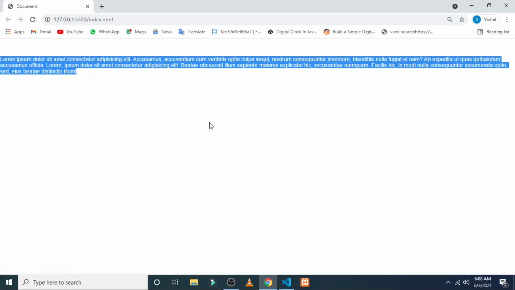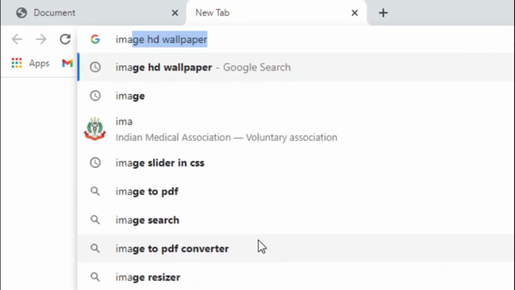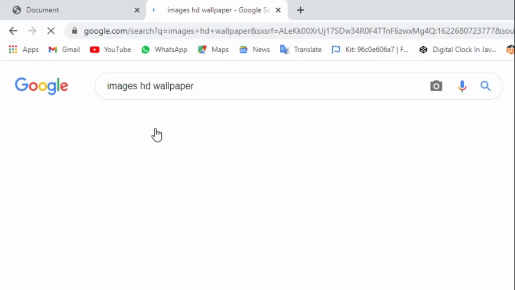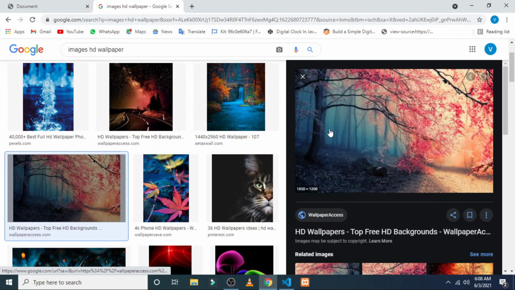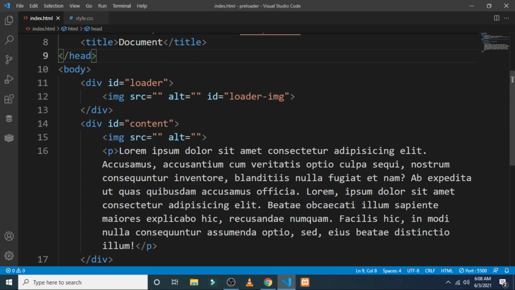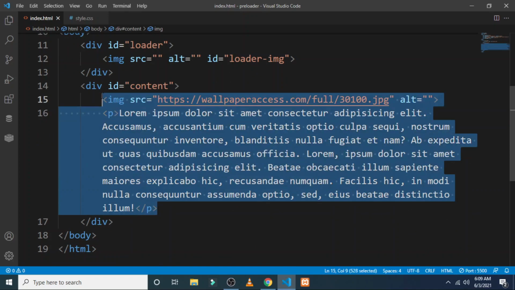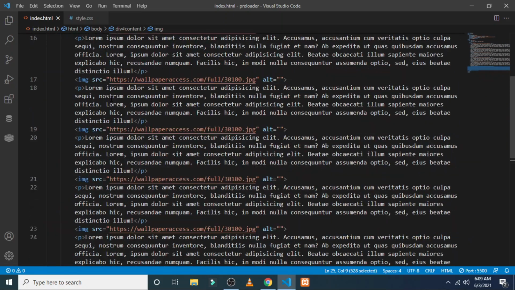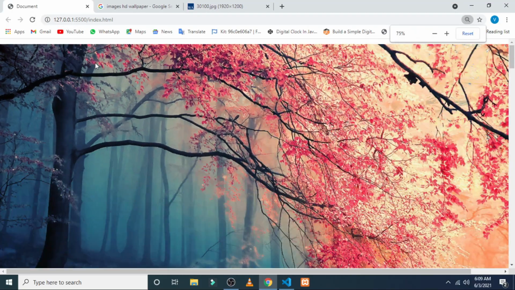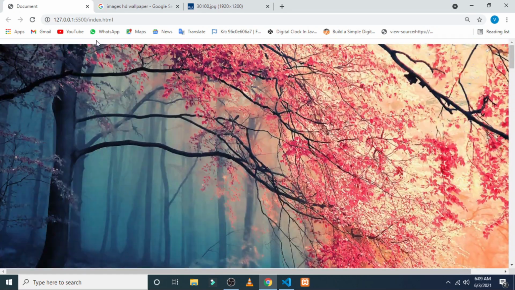Here is the preview of it. As you can see, I have zoomed to 100%, and in a new tab you have to search for image HD wallpaper, or any wallpaper that you want to put on your web page. Here I have selected this and opened it in a new tab. Here I have copied the URL so that it will import directly from the web browser. After saving it, let's double it or triple it. After saving it, as you can see, I have put it more than 5 or 6 times. So the preview of our website looks like this, and there are some images.